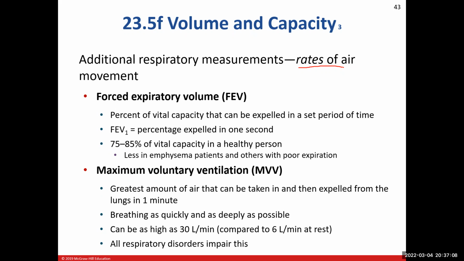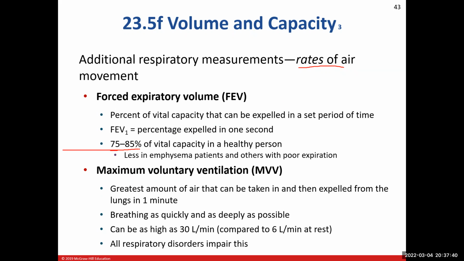Basically, these FEVs, we're going to ask the person to breathe regular, and then we are going to have them blow out as fast as they can, as hard as they can, for 1 second. So just breathe regular, and then when I tell you to, blow out as quick as you can, whew, and as hard as you can. And so in a normal healthy person, they are going to be able to exhale anywhere between 75 to 80%